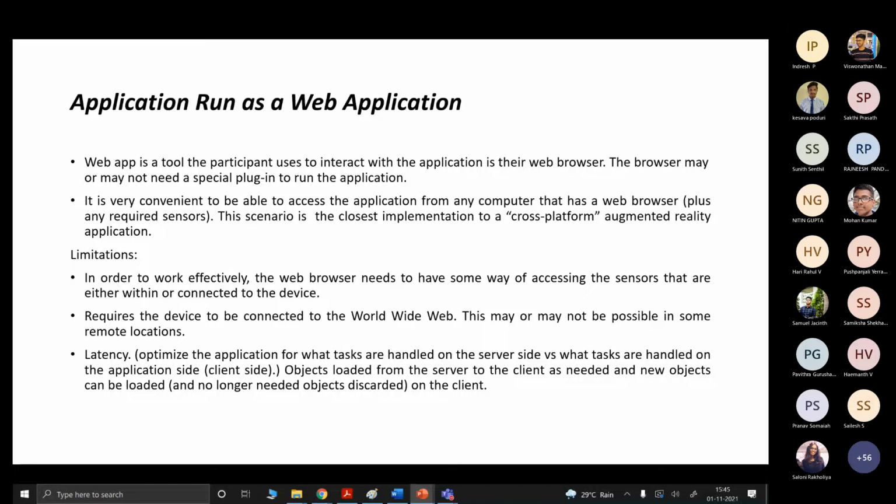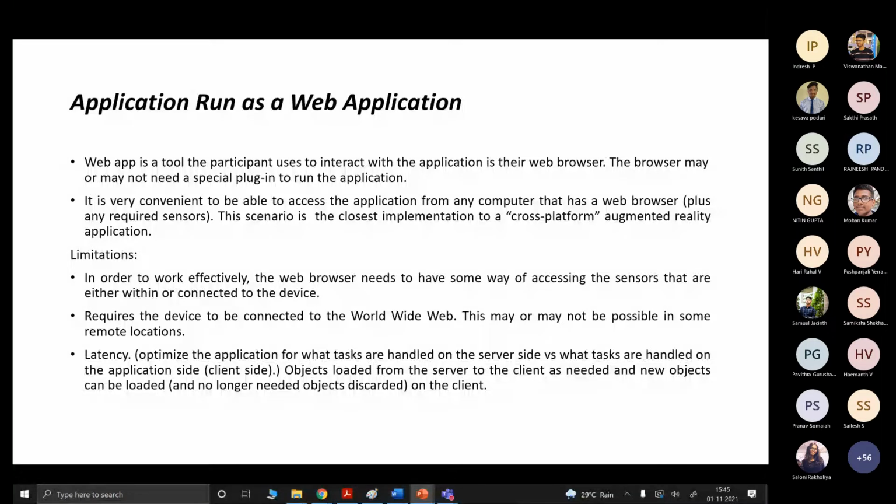Applications can run as web applications. The web application is a tool the participant uses to interact with the applications through web browsers. The browsers may or may not need a special plugin to run the applications. With the help of web applications, we can also do this.